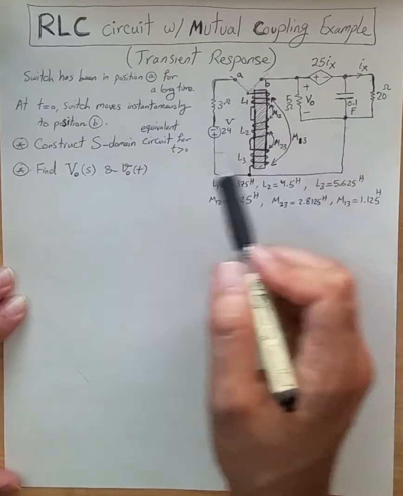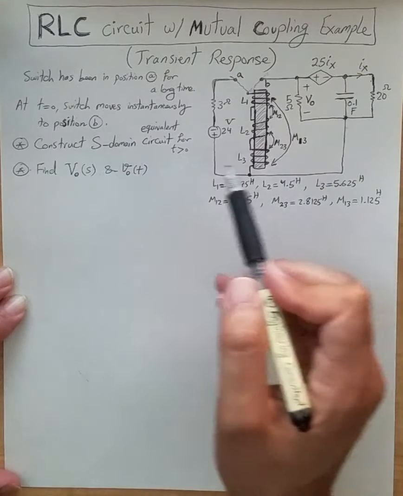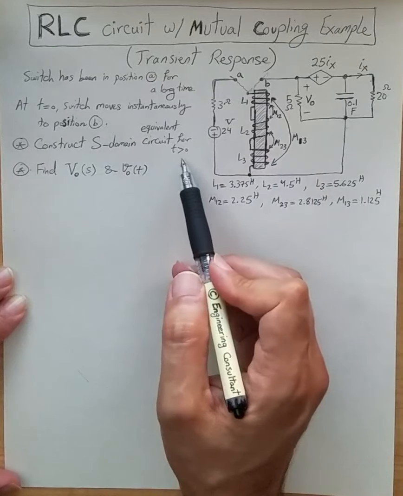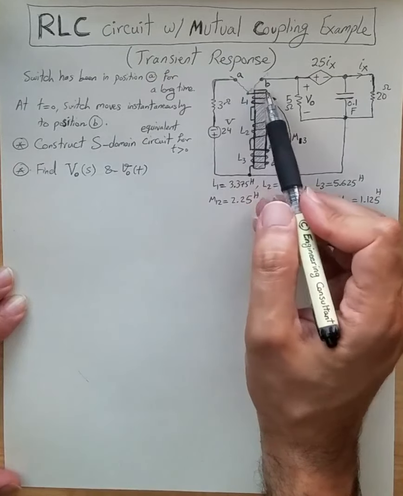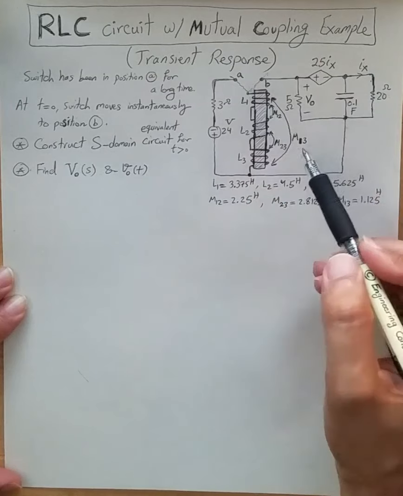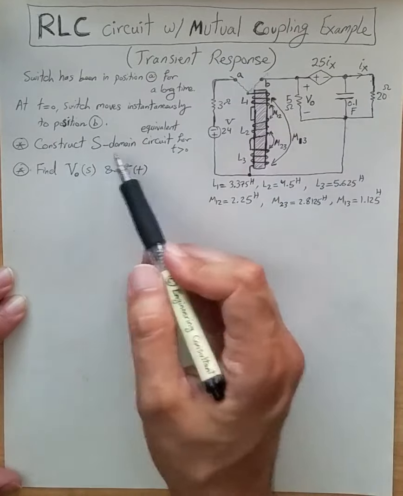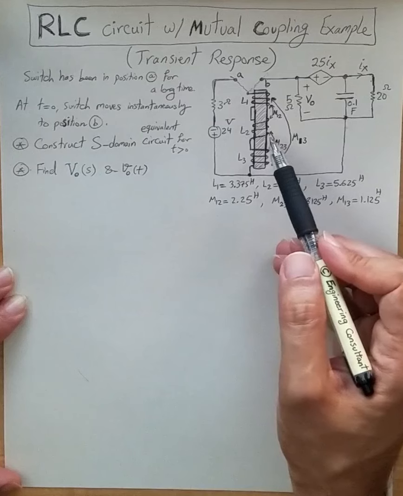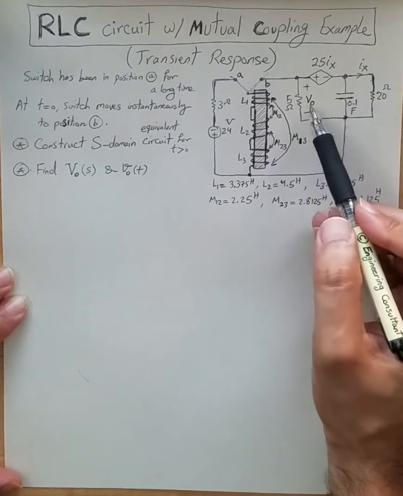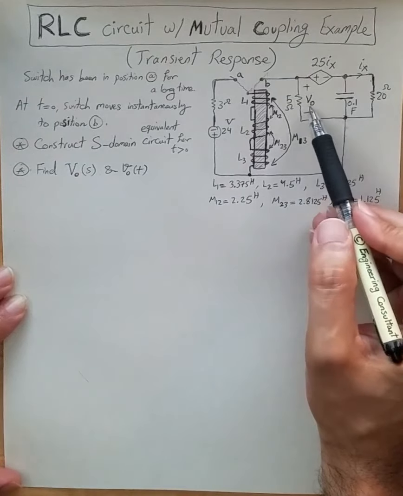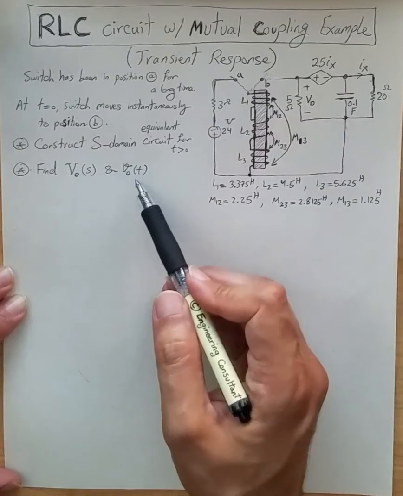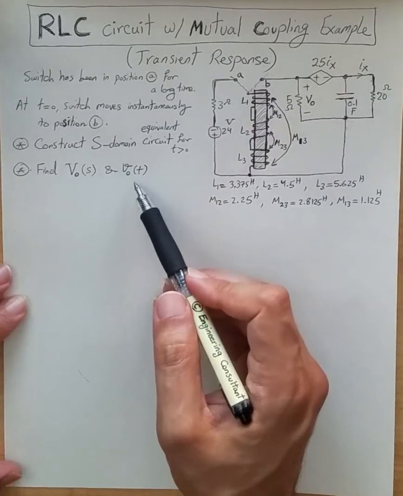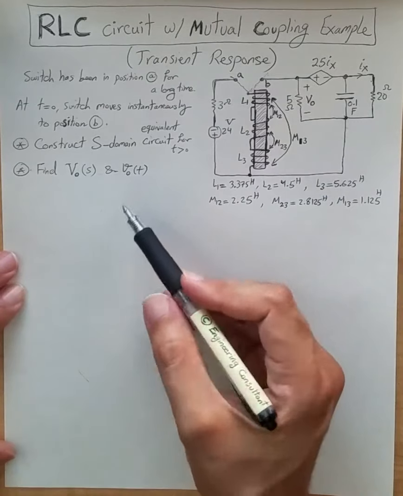We want to construct the S-domain circuit after time t equal to 0, meaning after the switch changes position. And after constructing the S-domain circuit, we want to do the transient analysis and figure out the output voltage in S-domain and also correspondingly in time domain. Okay, so